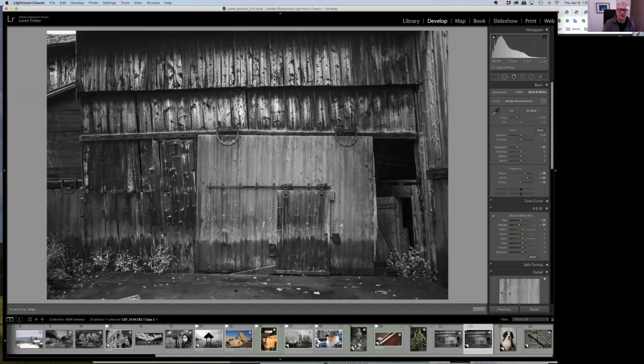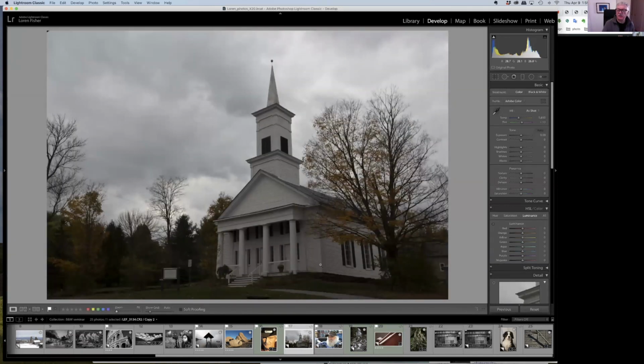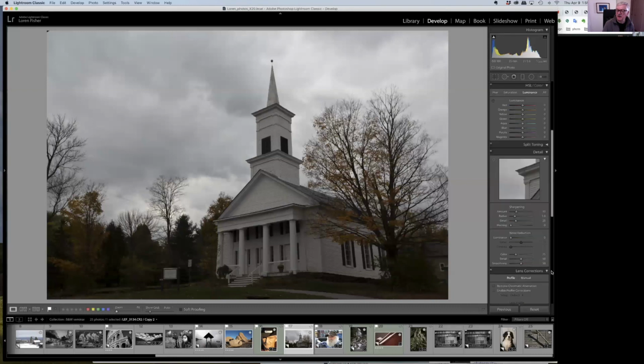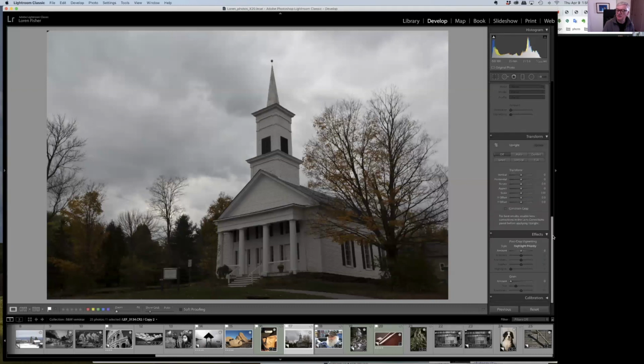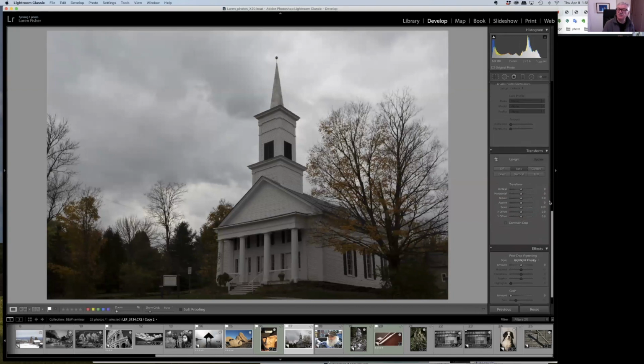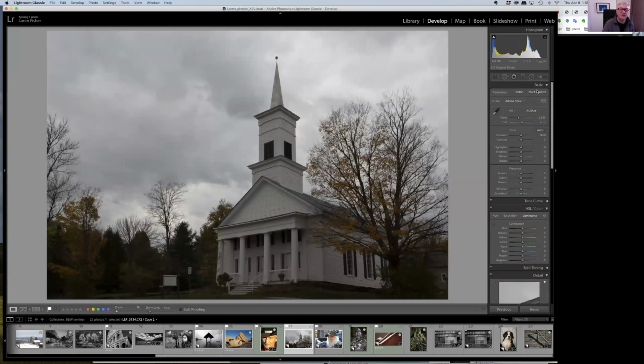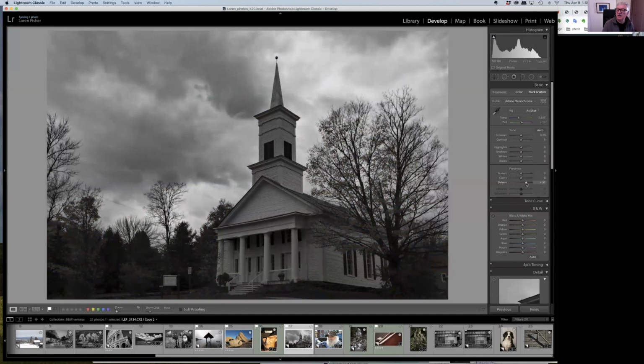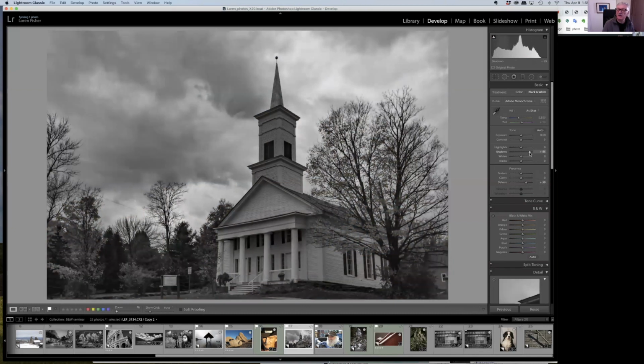Okay, so one more real quick here, and then if anybody has questions, because this is pretty much all I do to photos. This one's crooked. This is another cloudy day. I thought, well, this isn't going to look too good in color, but in black and white, this can look pretty sweet. So I'm going to work those clouds, bring that dehaze in. I'm going to open my shadows to make the church brighter. Some clarity,